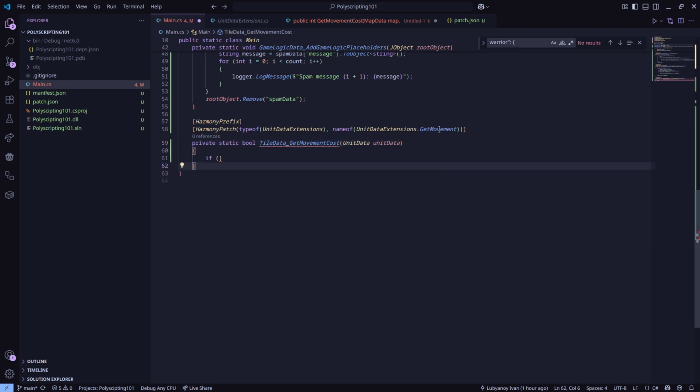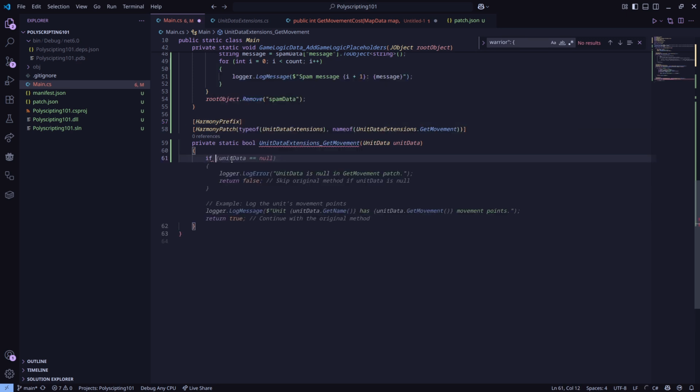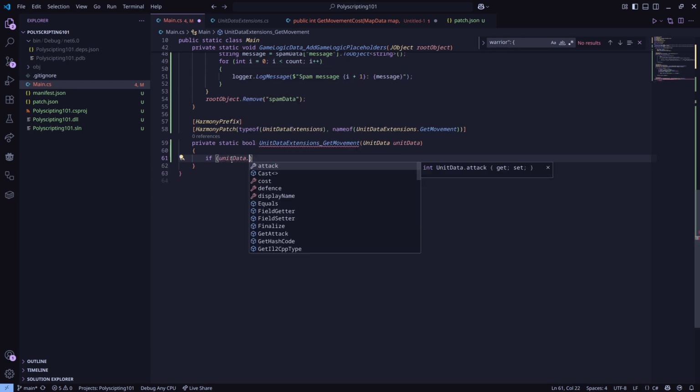Oh, okay. About patching them. Interesting. So if unit data has ability